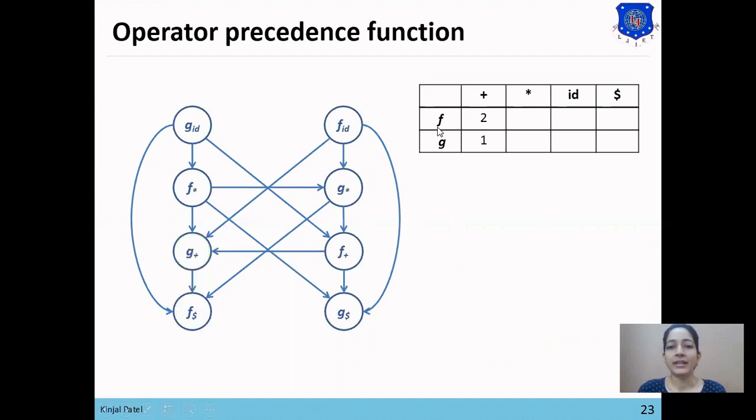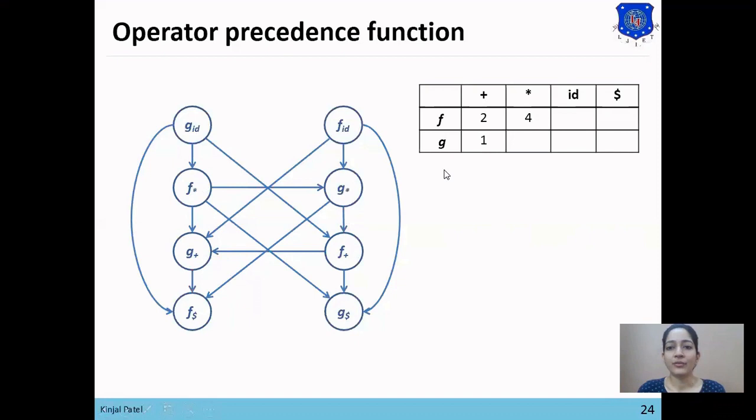Now we want to find the longest path for f star. So for f star, the longest path toward the f dollar final symbol is from f star to g star, then g star to f plus, f plus to g plus, and g plus to f dollar. So the longest value is 1, 2, 3 and 4. So f star has value 4.